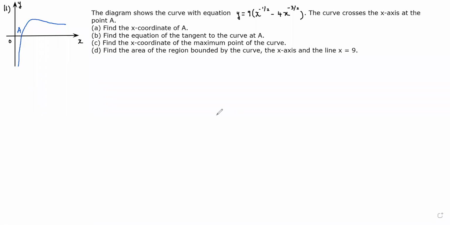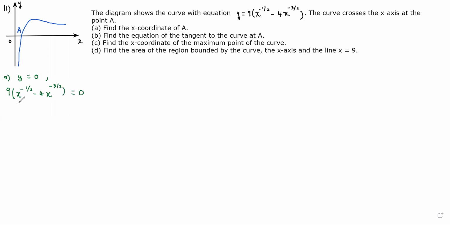We are given a curve with the equation y equals 9 times a bunch of things. This curve crosses the x-axis at the point A. Part A, we need to find the x-coordinate of A. On the x-axis, the y-coordinate is 0, so we let y be 0. When y is 0, we have 9 x to the negative 1/2 minus 4 x to the negative 3/2